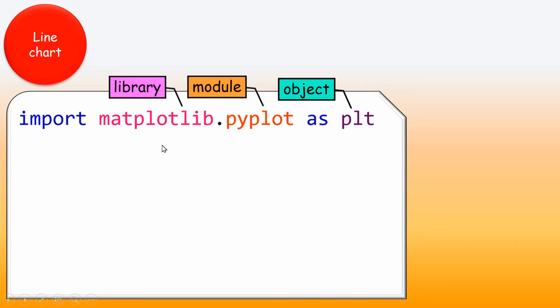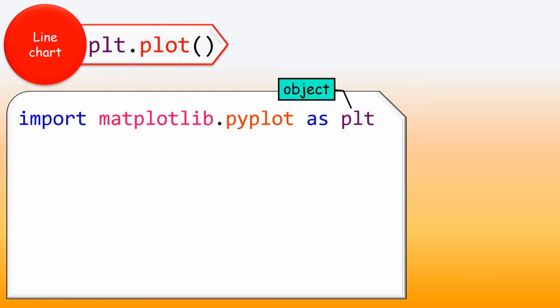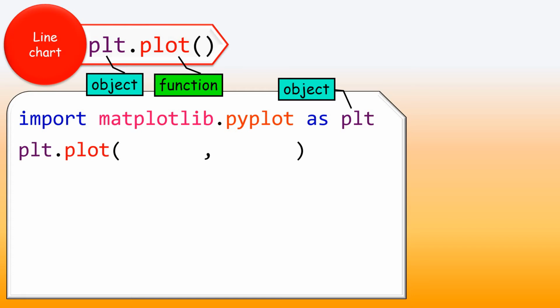To create a line chart, you have to use the plot function as follows. plt.plot. Here plt is the object which I have just now created in the first statement, that is in this import statement. So plt.plot is the function to be used to create a line chart. So the next statement in the program will be plt.plot.